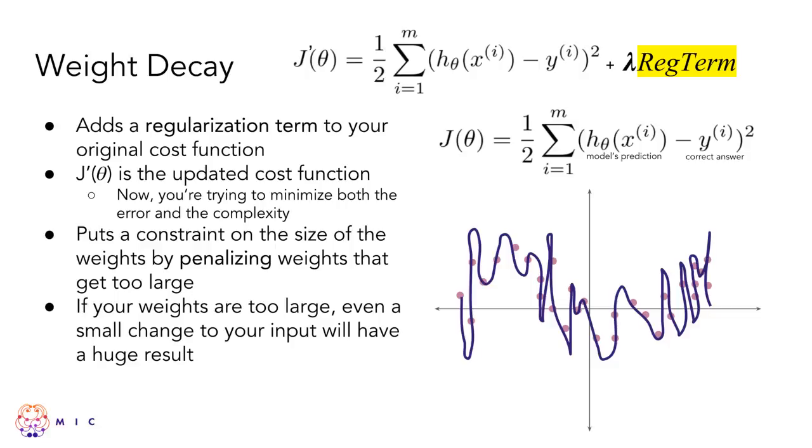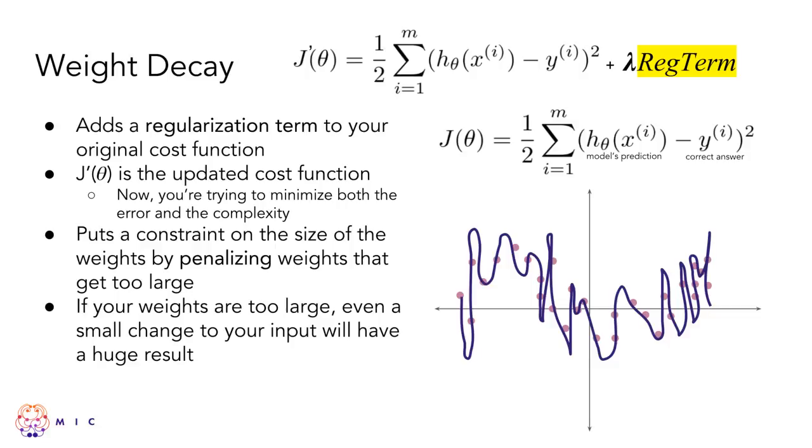So why we want to do this is because if your weights are too large, even a small change to your input can have a really significant effect on your output. And this is indicative of variance. So if you take a look at this graph here, you can see if we have an x that's at the edge of one of these huge troughs or valleys and you move it even slightly, it'll shoot up or move down. And as you can see from the actual dots, that's not what our data actually looks like. So this clearly is a model that has overfit. You can see the high variance. So that's why we want to constrain our weights and keep them smaller to prevent this kind of variance and overfitting. Is this clear, the intuition? All right.